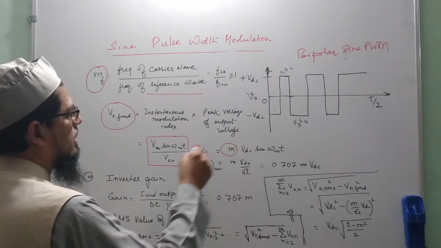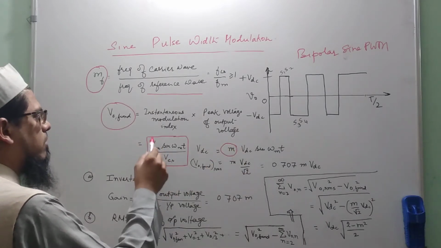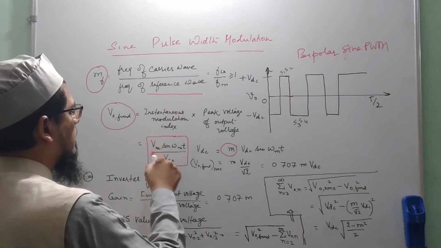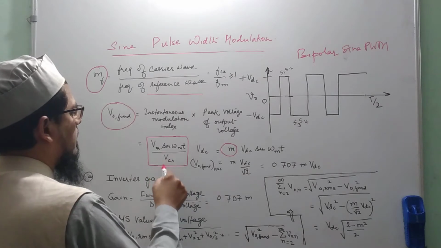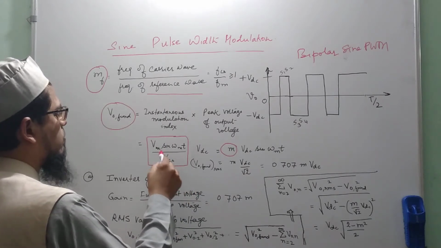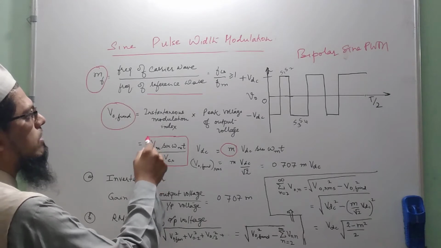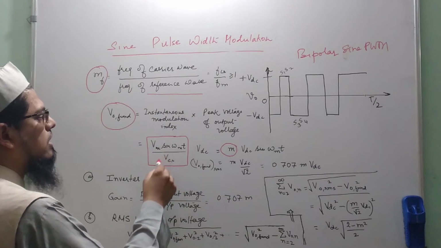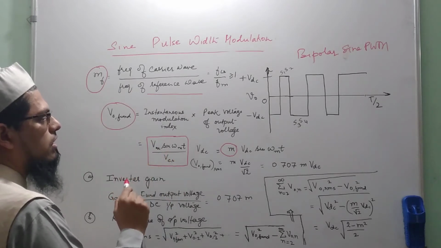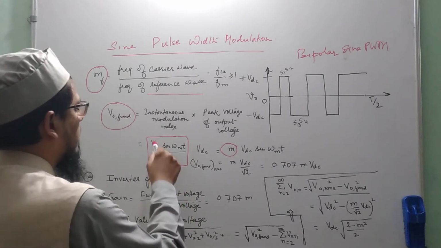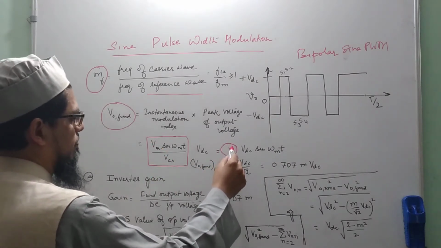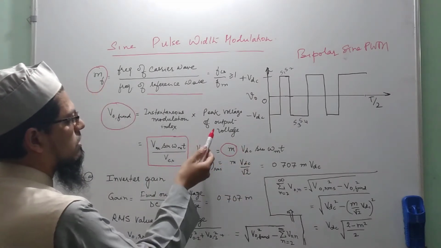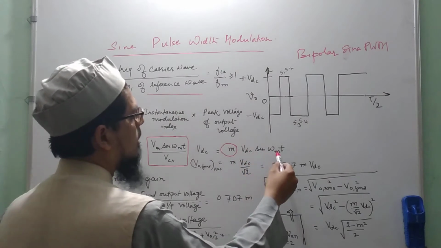We have already defined the ratio of the fundamental voltage by the value of the voltage of the modulating signal, which is a sinusoidal wave in our case. VCR is the magnitude of the carrier wave, which is a triangular wave. The ratio of the two we have already defined, it is equal to M. So now this equation becomes M VDC sine omega mt.